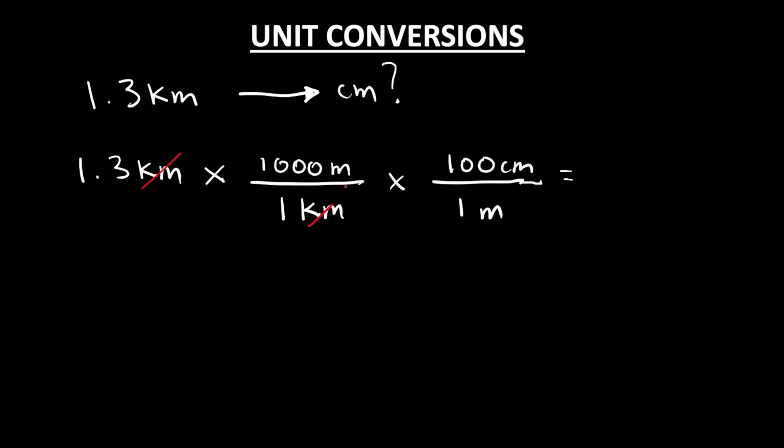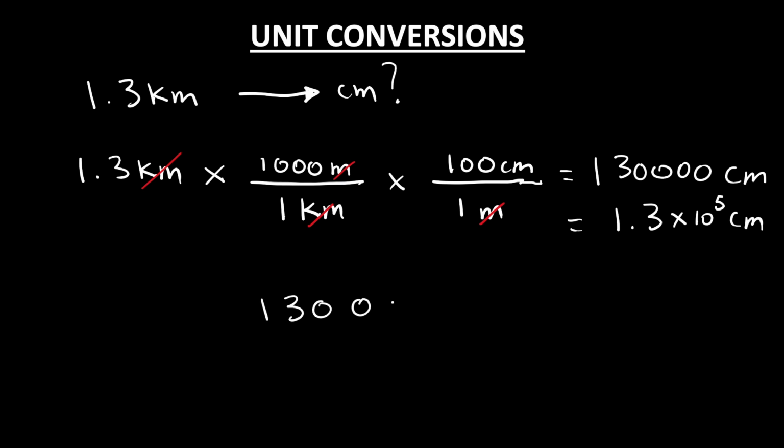As we can cross cancel, we know that the answer is going to be in centimeters now, with a final answer of 130,000 centimeters. Now in proper scientific notation, using the correct number of significant figures, the answer will be 1.3 times 10 to the 5 centimeters. In case you're wondering how I just did this,